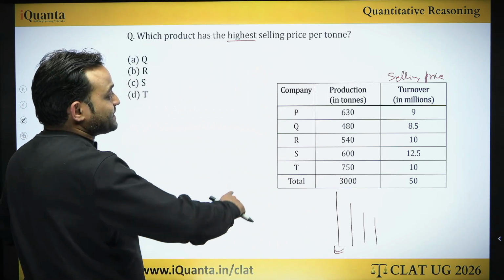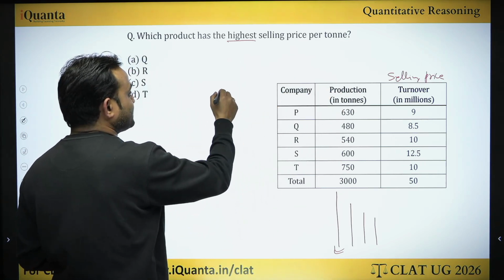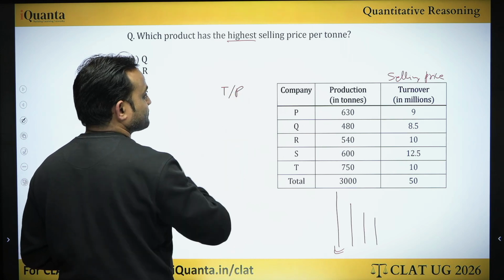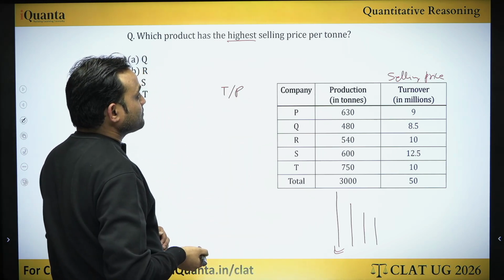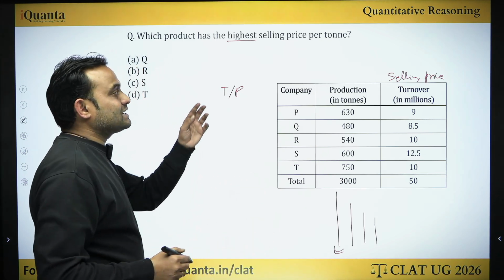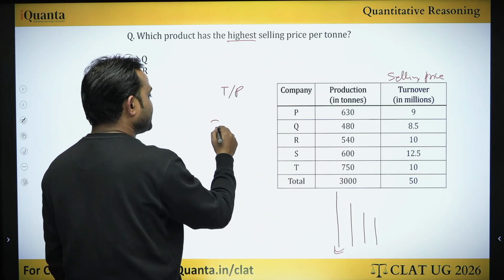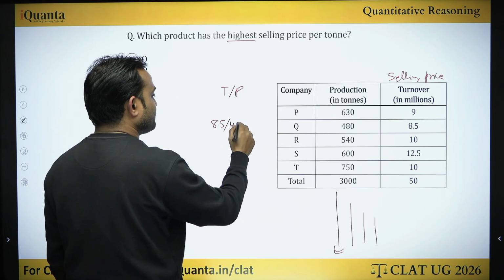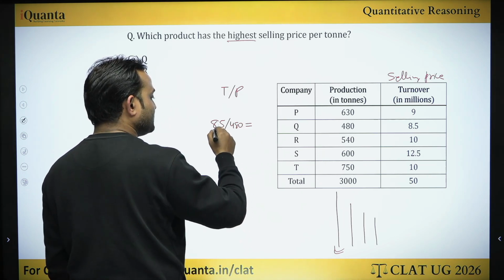तो हमें चाहिए क्या? हमें चाहिए प्रोडक्शन दिया हुआ है, टर्नओवर दिया हुआ है. वी वांट T अपॉन P, राइट? This will give us the factor, the deciding factor that will tell us the highest selling price per ton. So in case of Q, it's 8.5 divided by 480, right? Which I can write, this will be 55